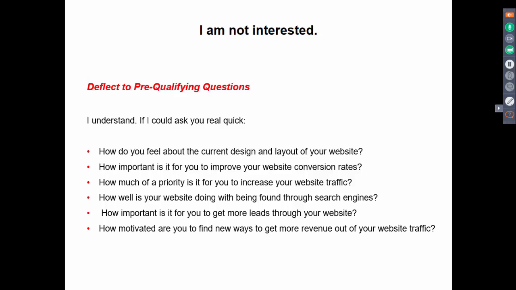And then what you can do is ask them another question, or drill into the answer they gave you. The methodology technically works like this. These questions are designed to figure out if they need what you have. So if you were to ask how well they're doing with getting found on search engines, and they say, well, we don't get a lot of traffic through search engines, and we don't really rank real well.